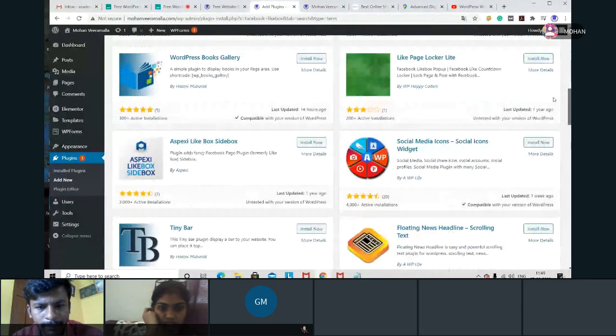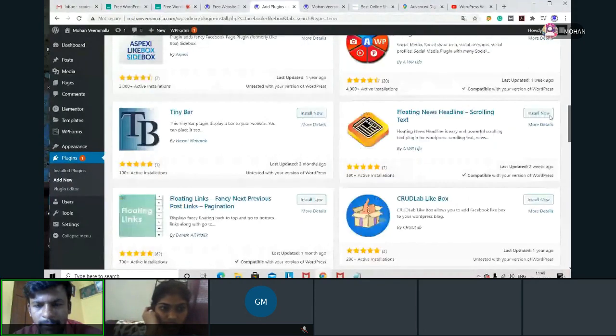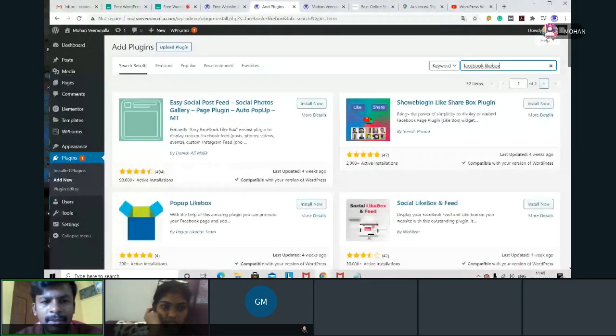Okay. Try to use that one also. That is better. This is the best plugin you can use. Facebook like box. If you want to show your Facebook as a box, not only in the footer, anywhere you want to show, you can show. In the right hand side widget, footer, the body section, wherever you want to show, you can show. No issue. Now this is for Facebook like box.